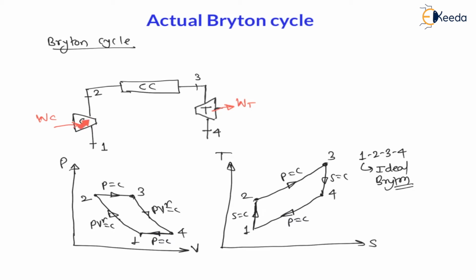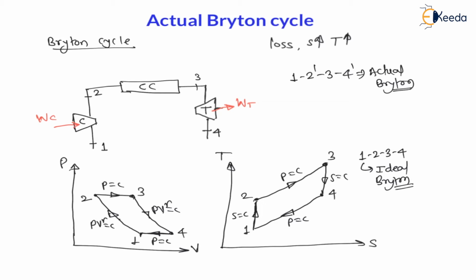So definitely there will be frictional losses in the compressor as well as frictional losses in the turbine. Now let us consider these losses. And my dear students, whenever there is a loss, entropy always increases and temperature also increases, right? Means during losses and because of friction, entropy and temperature increase, that we have to consider. So let us say 1 2' 3 4' is the actual Brayton cycle.